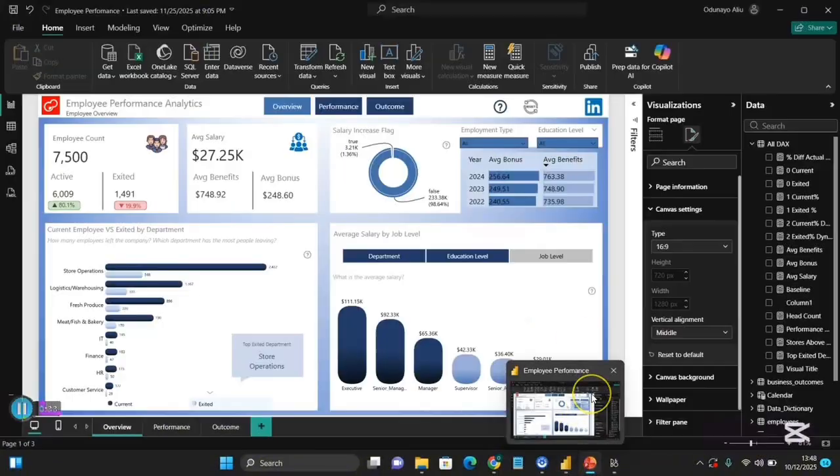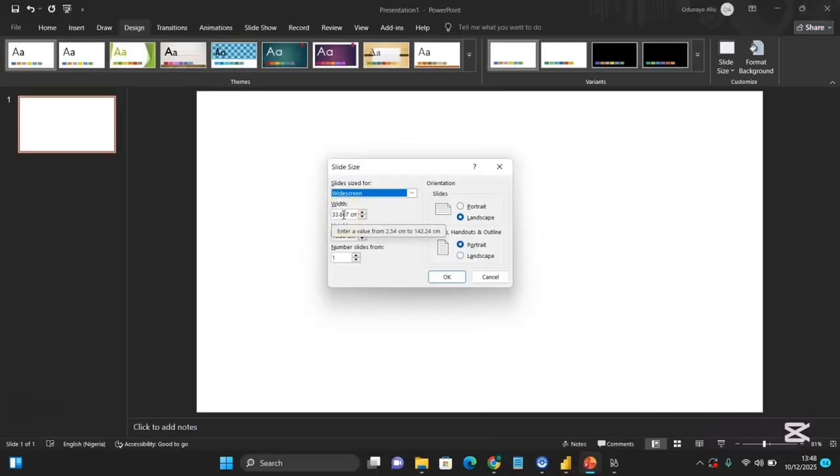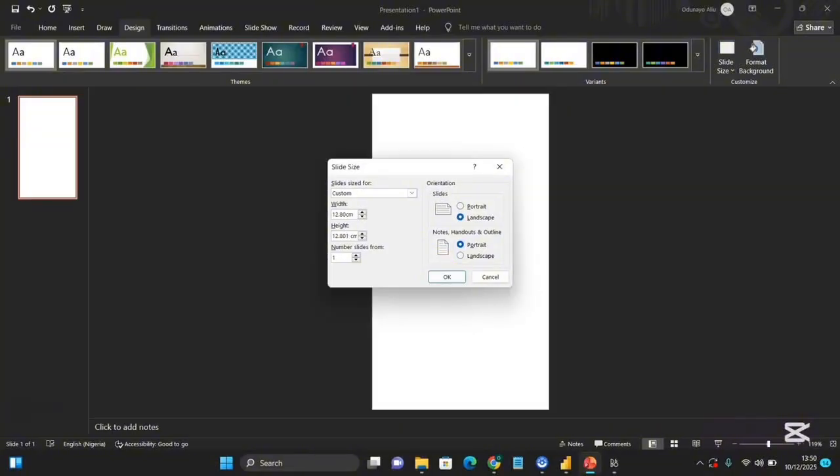So we'll go back to our Power BI and check for the height. The height is 720 px. Here it is showing as centimeter. It should be 7.20 centimeter for our height, and the width is meant to be 1280, so we are going to work with 12.80 centimeter. That's the actual length. The width is meant to be 12.80 centimeter, while the height is 7.20